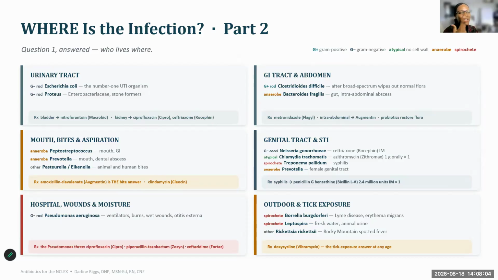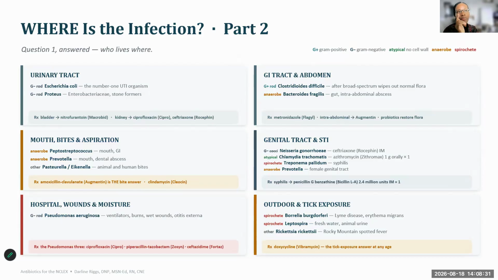Rarely you'll see animal bites and questions about those, but just keep that in the back of your mind. Those would definitely be treated with Augmentin and clindamycin. Those are your options. Your genital tract and STIs, sexually transmitted infections, your gram-negative Neisseria, gonorrhea, chlamydia,